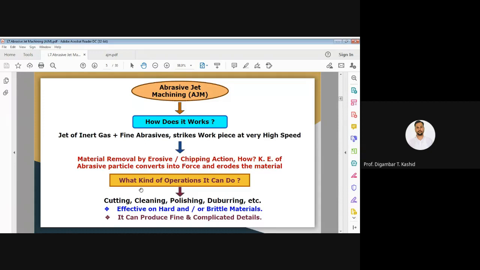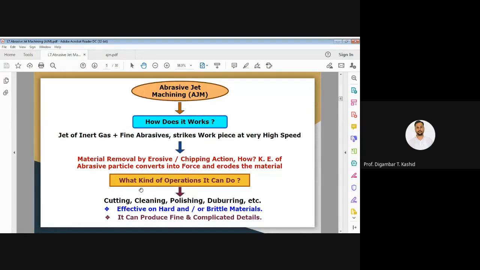Okay, I repeat, this abrasive machining can do various kinds of operation like cutting a piece into two pieces, or cleaning or polishing, also deburring, again drilling a hole or cutting a different shape of cavity, then blind cavity we can get from this AGM process, or through cavity in the workpiece, that also we can do using this